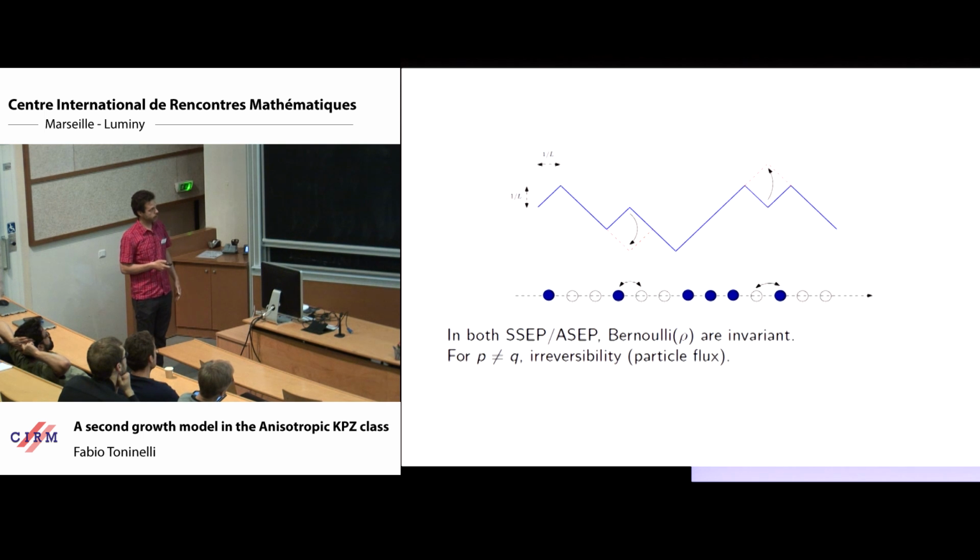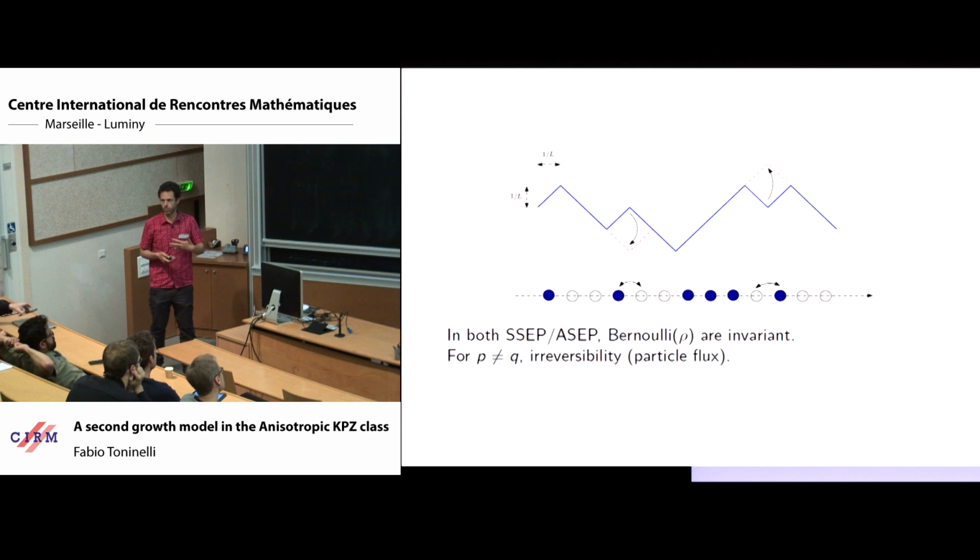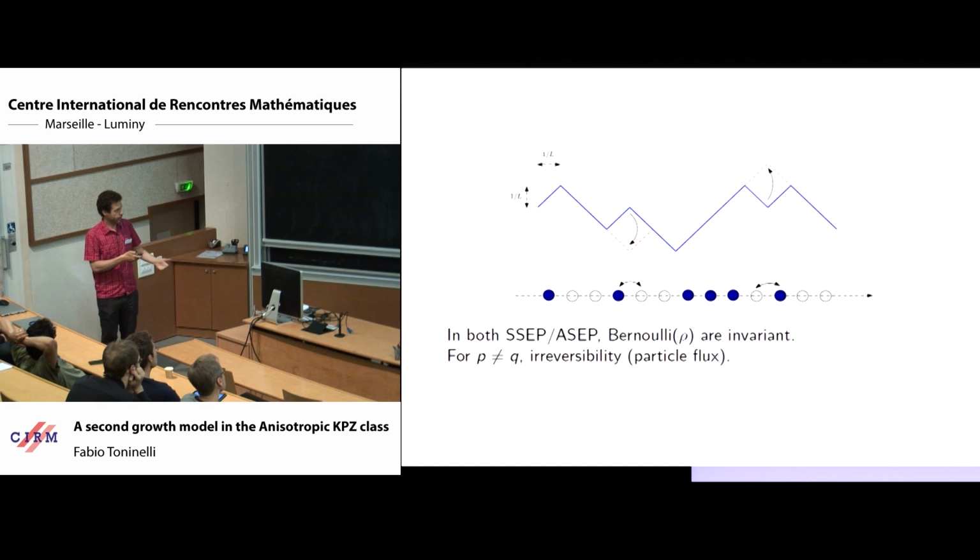Right. So what we would like to do is to look at the similar model in higher dimension. And the natural way to go to higher dimension, where higher will mean 2, is not to look at simple exclusion in 2 dimensions, because if you look at particles on Z^2 moving by simple exclusion, you cannot see them as a gradient of some height function. In 1 dimension, you can always do that, in 2 dimensions not. So the right way to generalize this picture is not to go to 2-dimensional simple exclusion, but to look at